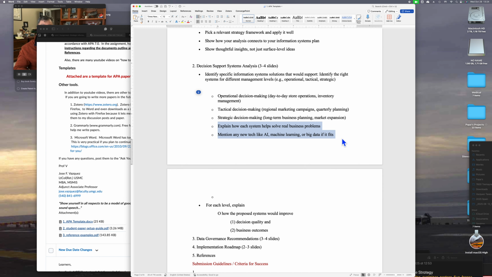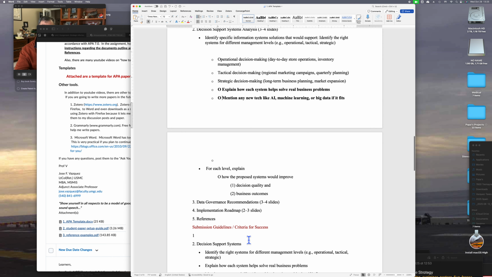And then I have to mention any new tech like AI also. So I'm going to put those as kind of the big O I've been using, capital O. Again, in my hand version of this, I will do squares and circles and dashes to make sure I accomplish those things. And then,